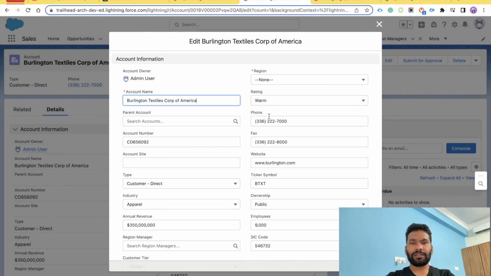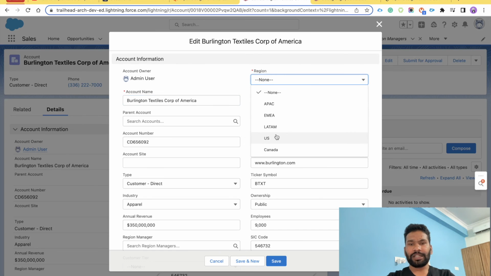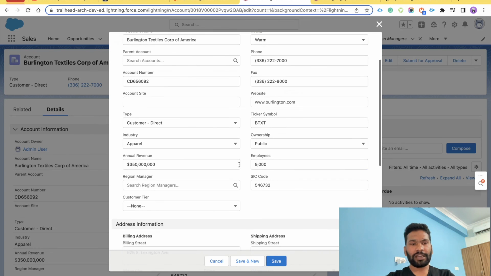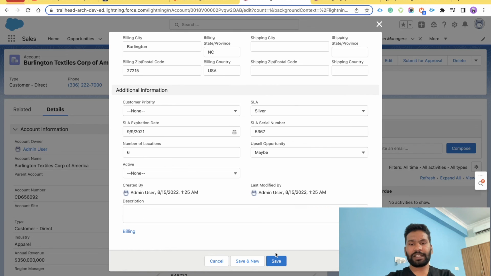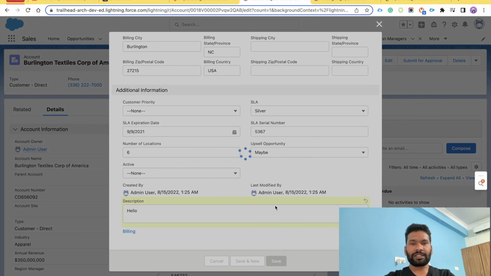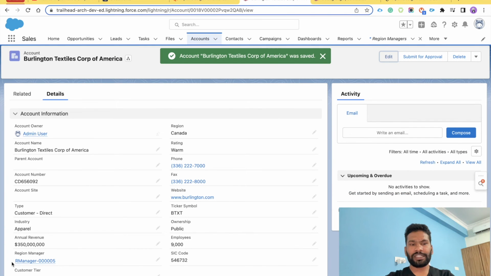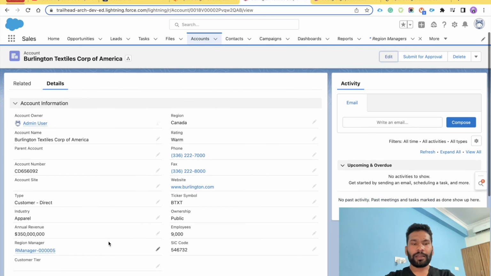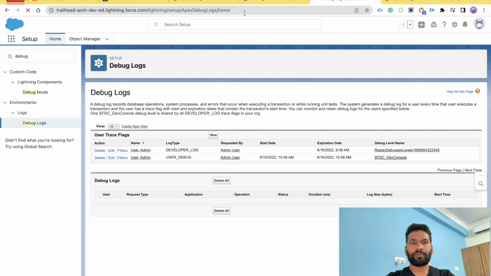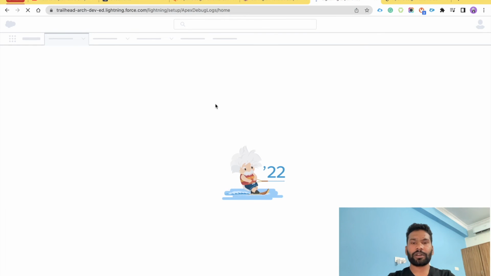Now if I edit this, you will see this region pick list field I have made required from the layout. So I'll make sure it is, let's say, Canada. Okay, and region manager, this is a lookup field for the region manager custom object. And I'll add some demo description over here because that is required, and then save it. Now once this record is saved, okay, we got this region manager populated over here. You can easily see that, right? Region manager is there. Now if we get back over here and refresh this page to see the debug log,